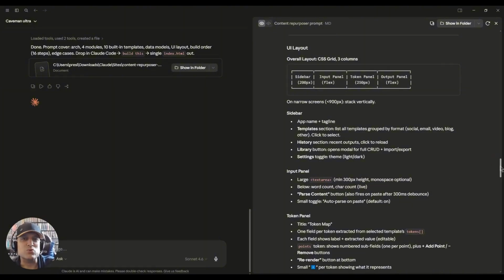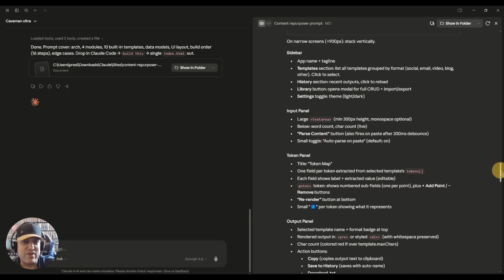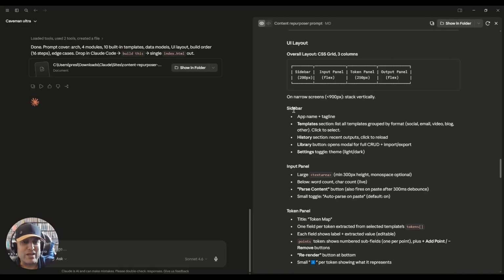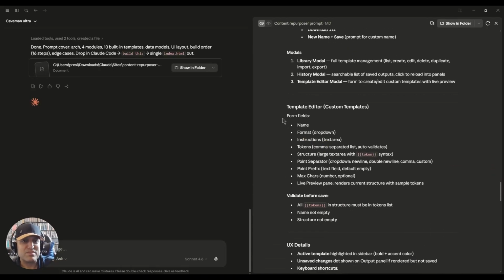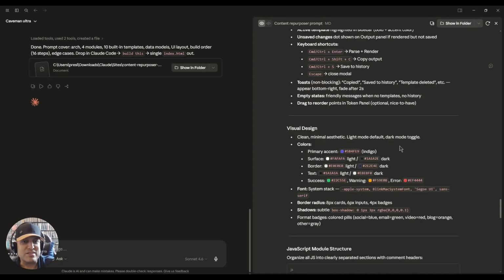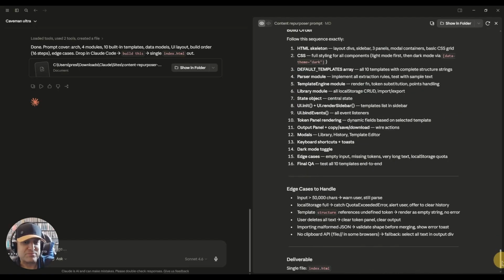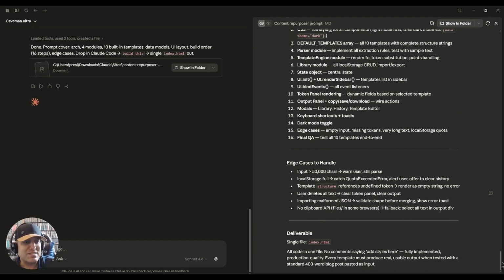You can build these tools and they'll help you create content a lot faster. It's got the whole UI here: sidebar, input panel, token panel, template editor, UX details, visual design. So what you would do is, and it actually has the build order here, you can see too, it's going to build all this from 1 to 16 in order. And then it's got the edge cases, and the deliverable at the end, it's going to give you just an